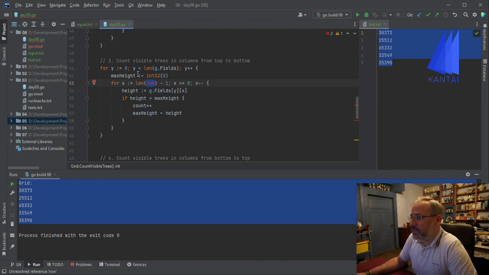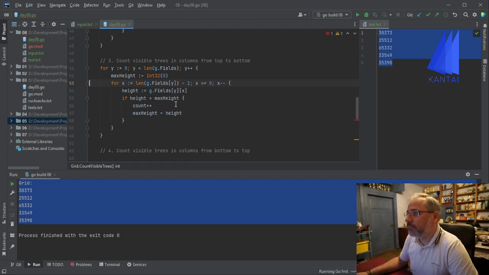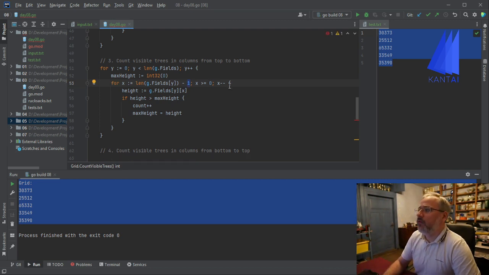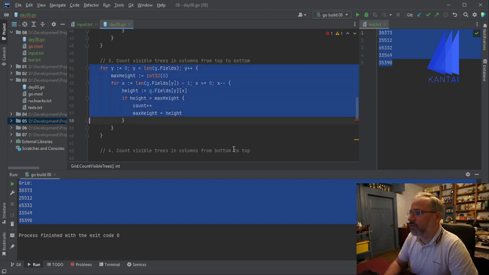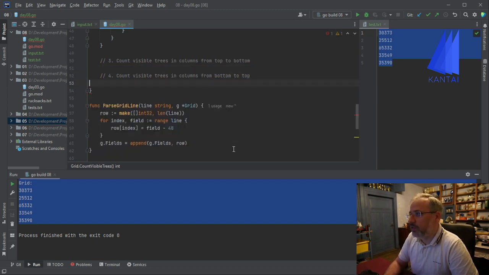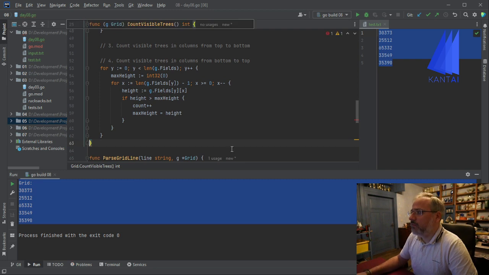And here we also need to know how big the individual lines are, and this is g.fields from y. Okay, but now what we are doing here is again going from right to left. So we just copy this and use this here because